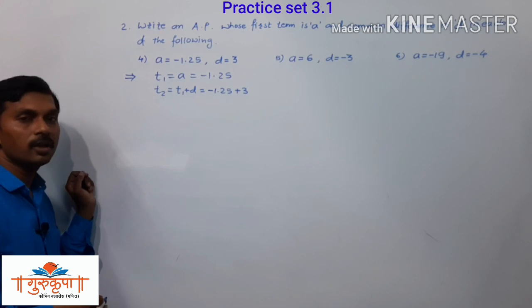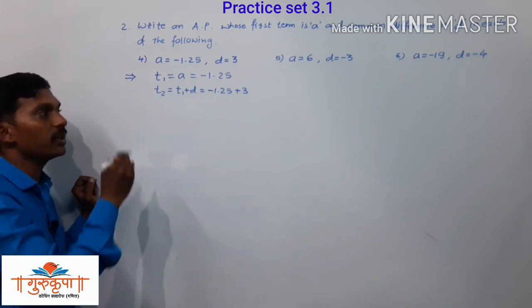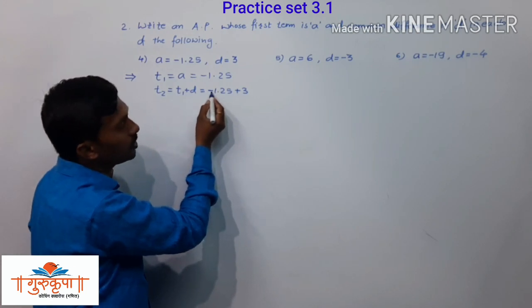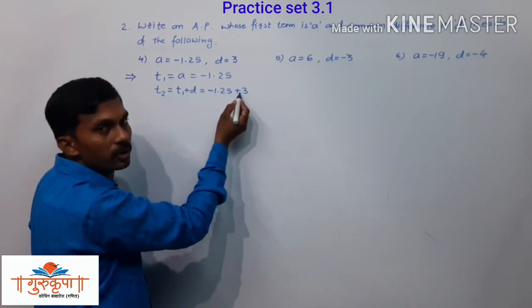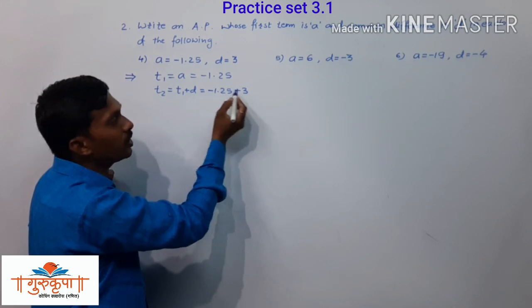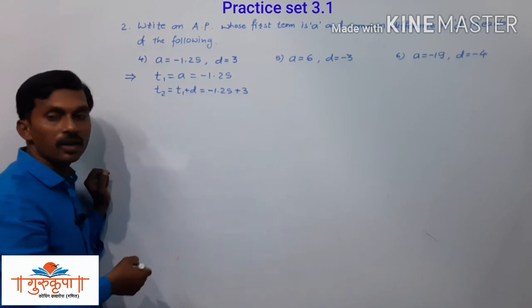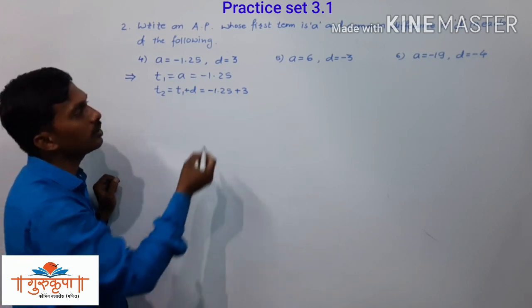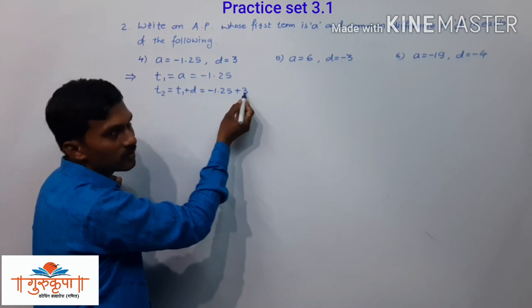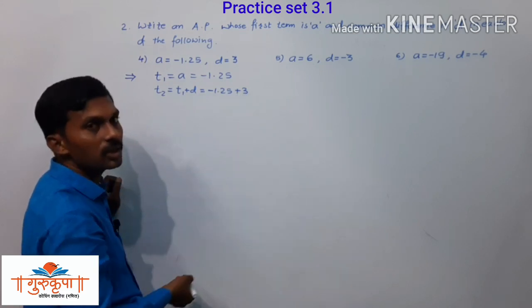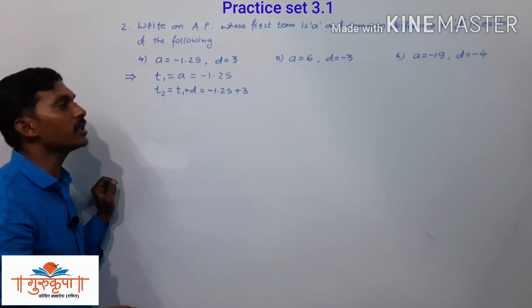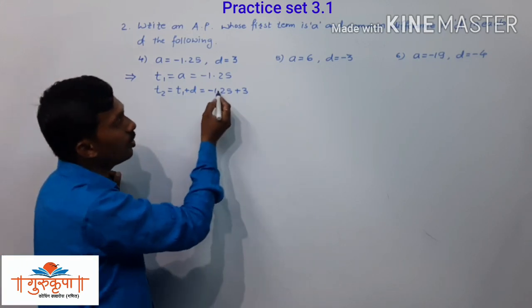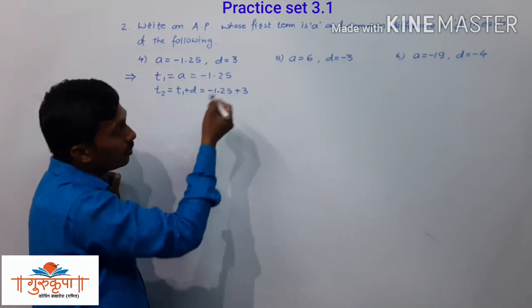Minus 1.25 plus 3, and here we have to take the subtraction since the signs are different. One term is negative, another term is positive. We have to take the subtraction of these two numbers. And after subtraction, we have to give the sign of the bigger number. Here the bigger number is 3 and it is positive. Since the answer is positive, we will get the positive answer there. But what should be the subtraction? We have to subtract the smaller number, that is 1.25, from the bigger number.